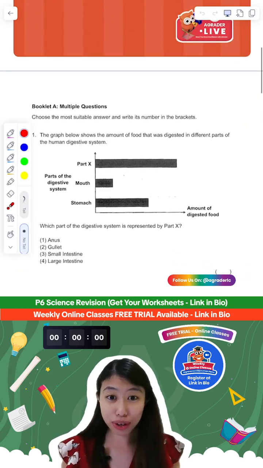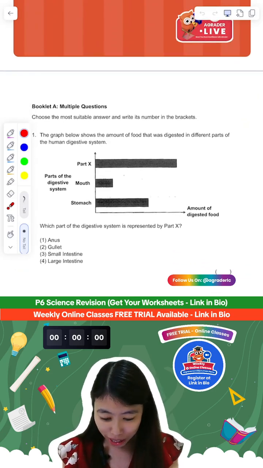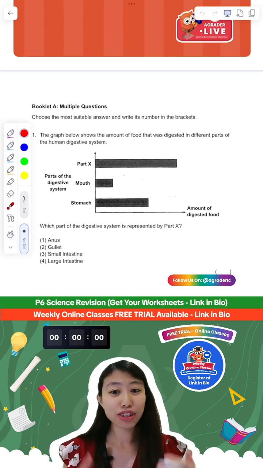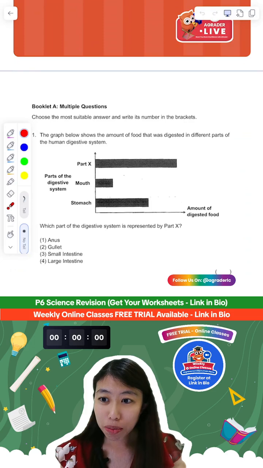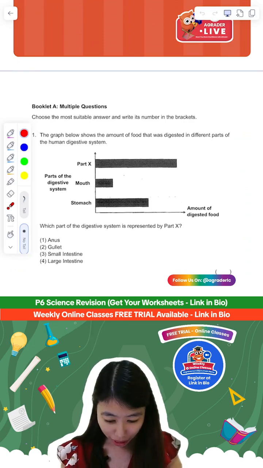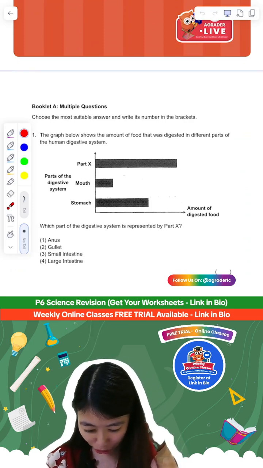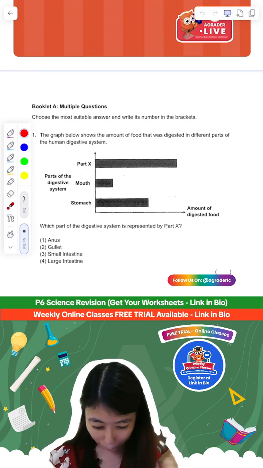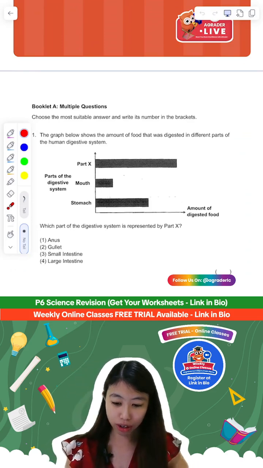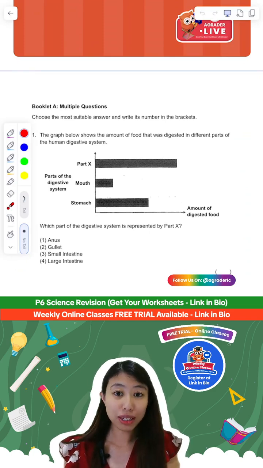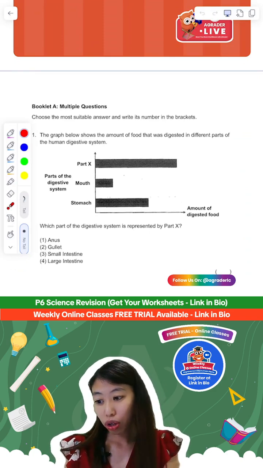Okay, so for question one over here, if you know the answer, you can share it with me, okay? So it says here that the graph below shows the amount of food that was digested in different parts of the human digestive system. Okay, so you must remember,